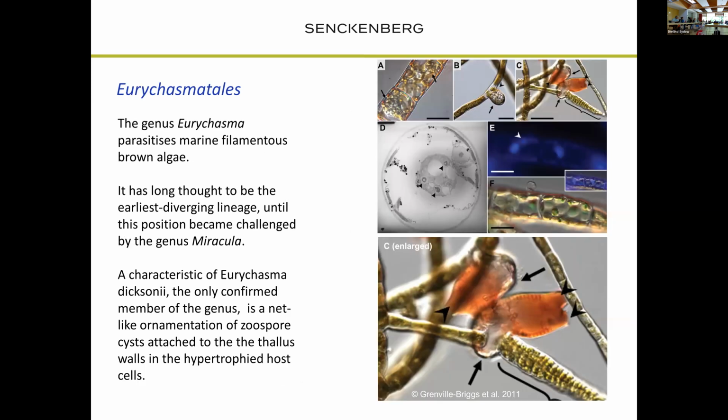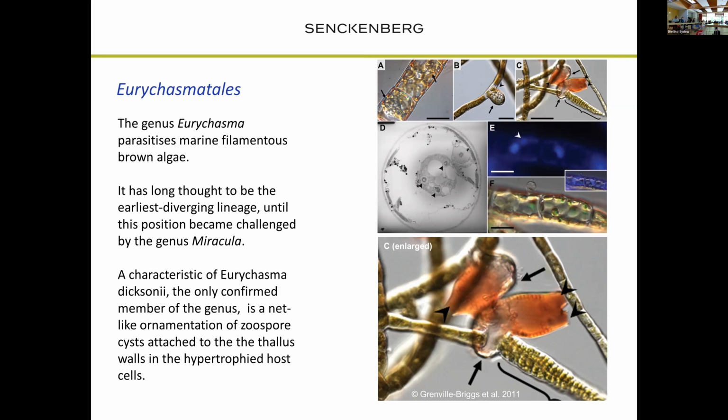Okay, then we go further down the tree of life, and we come to Eurychasma. Eurychasma is a genus that infects brown algae, and the interesting thing in this species is that it also causes hypertrophy. You can see in the lower panel an infected host cell, and it becomes really large by this. And then in the interior, you can see that there are small